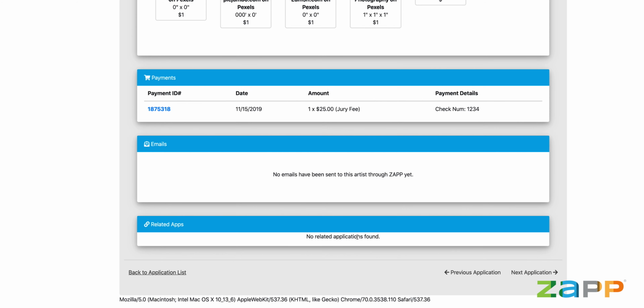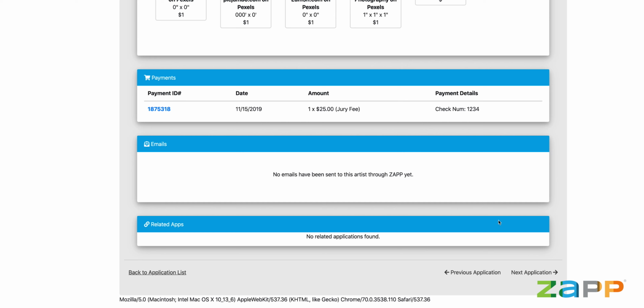And then the other exciting thing we added here is related apps. So we recently had a related apps section, and it also is on the event management table, and now it also lives on the artist citation page so that you can find any additional applications that artist account may have. So if you allow multiple applications to your event, you can now see any related applications for one application on